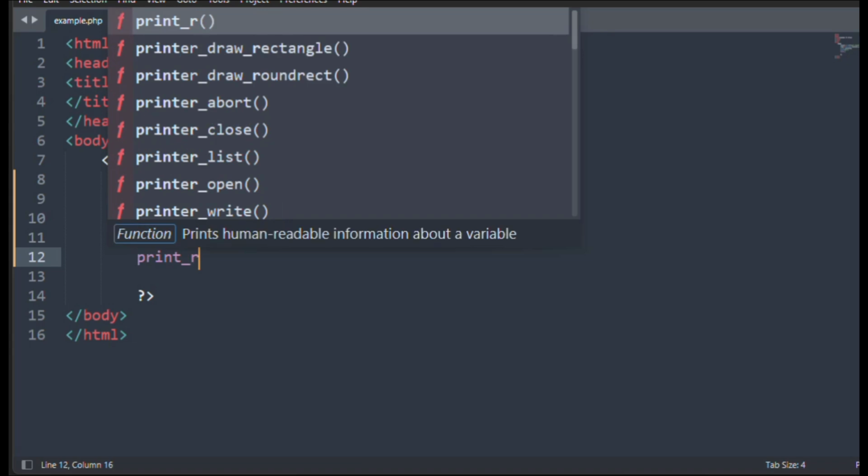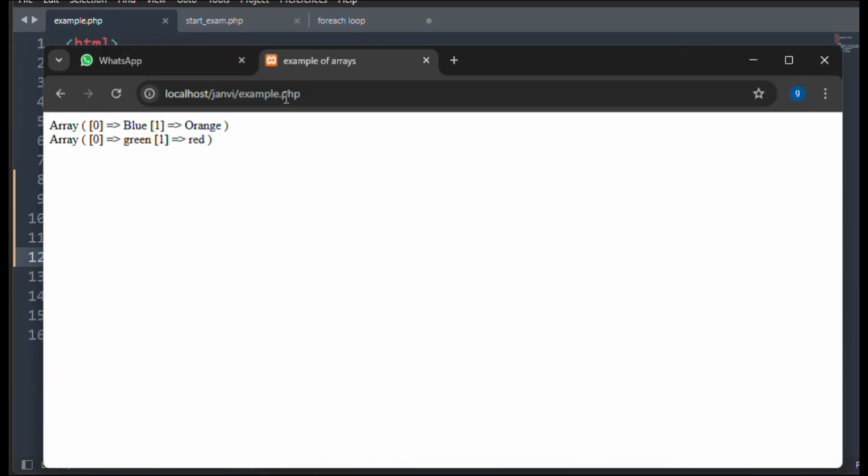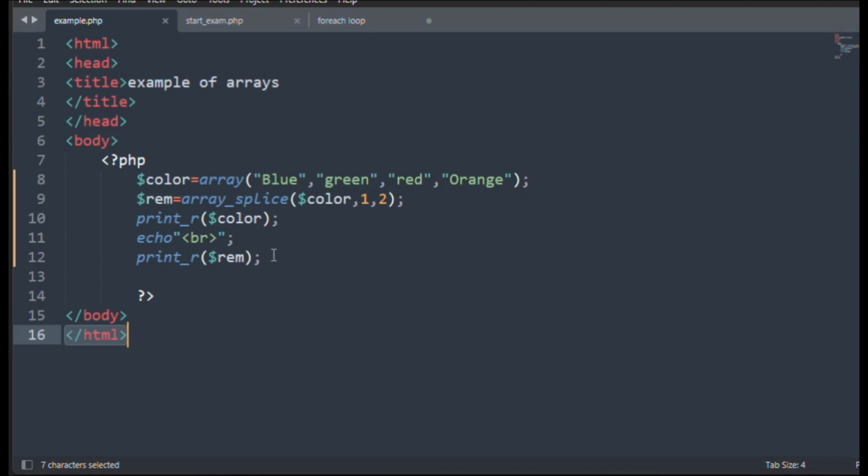Now I will print the removed elements that I stored in the rem array. Now save and execute. Here you can see our original array now contains blue and orange, and after deleting,